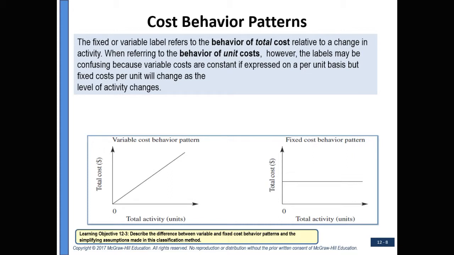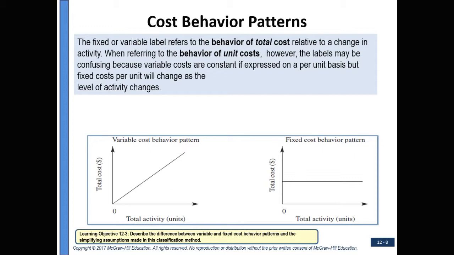Cost behavior patterns react depending upon what type of cost they are. The fixed or variable label refers to the behavior of the total cost relative to a change in activity. When referring to the behavior of unit costs, however, the labels can be really confusing, because variable costs are constant if we express them on a single unit basis, but fixed costs per unit will change as the level of